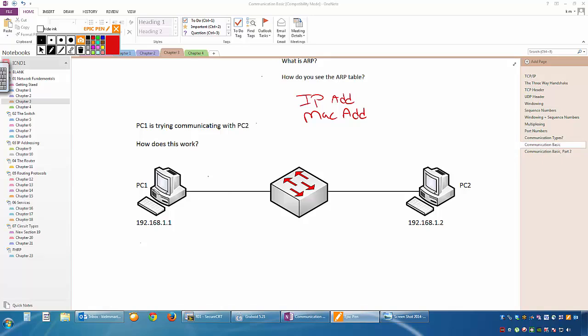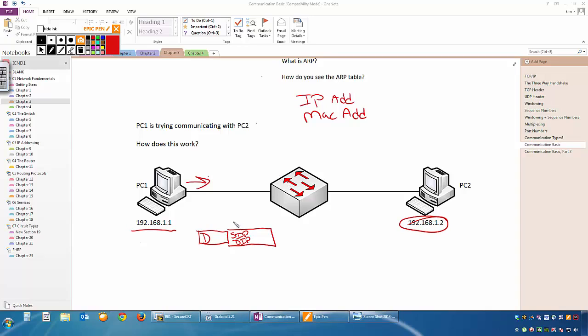every PC builds the information that's going down. Now, you saw as I was building this information, when PC 1 has to send this information out to PC 2, he's going to have our data. Now, we're talking about basic communication, so we're not going to have layer 4 information in there. But we are going to have the source IP and the destination IP. Now, the source IP obviously is going to be me, and the destination IP is going to be the IP address that we're trying to communicate with.